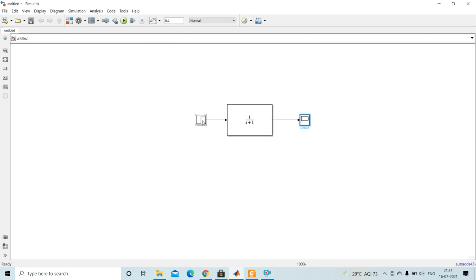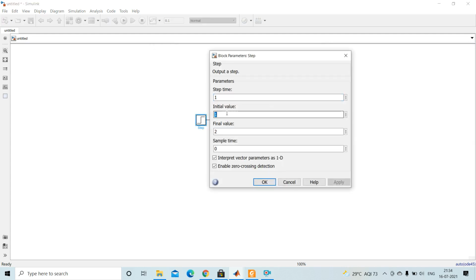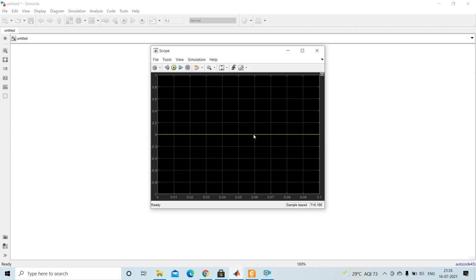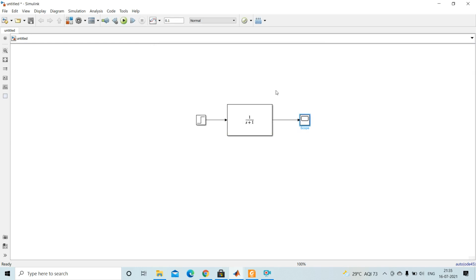No, this is not right. Just go through the normal initial value 0 and final value 1. Apply over here, and then simulate. Now you got the answer. This is the step function output.